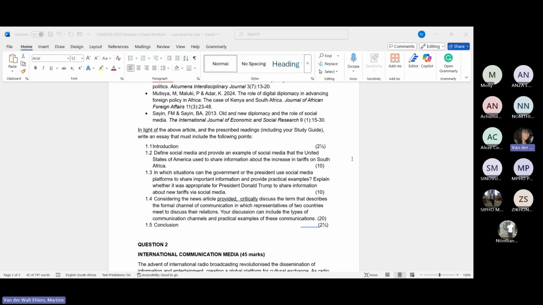Then I would just like to quickly address the student who said they used numbering but did not include questions at all. I would advise you to edit. I take it you are referring to your table of contents and then your headings. You have to have headings. You cannot only have numbering. You will see that also from your tutorial letter, CMN All 301. So if you can edit that table of contents and the content, that would be a great idea, because you will lose marks. It won't be substantial, but you will lose marks for your technical presentation.